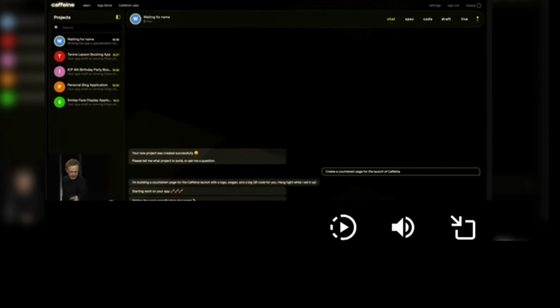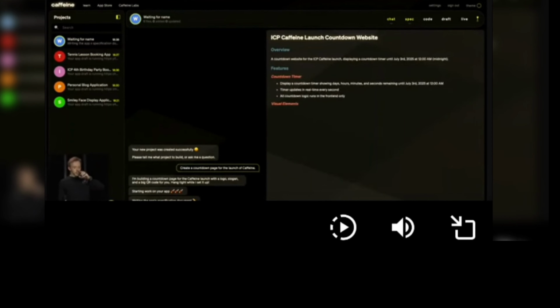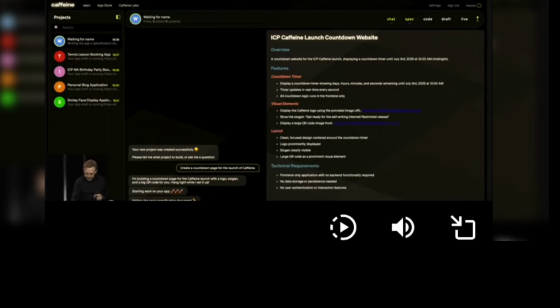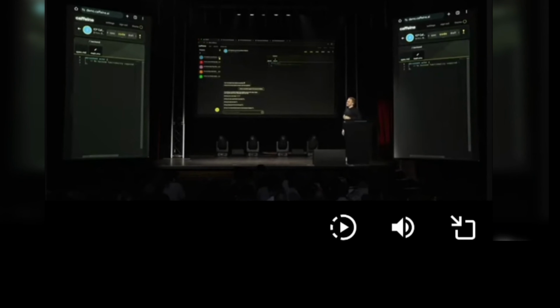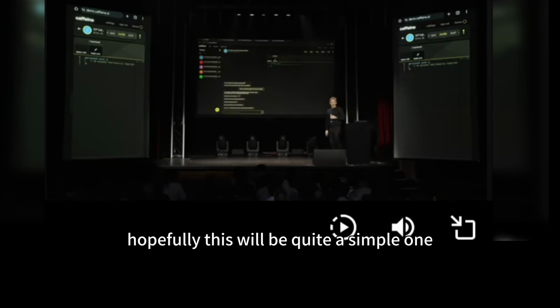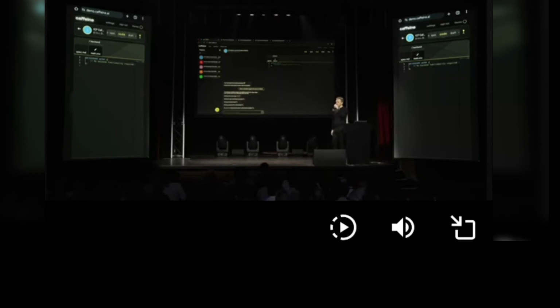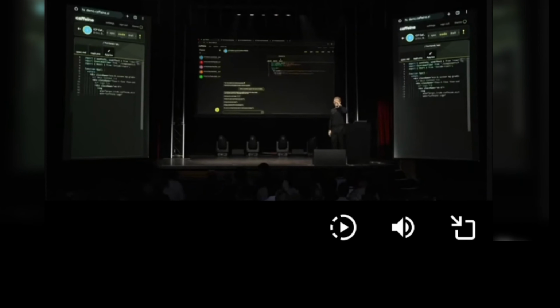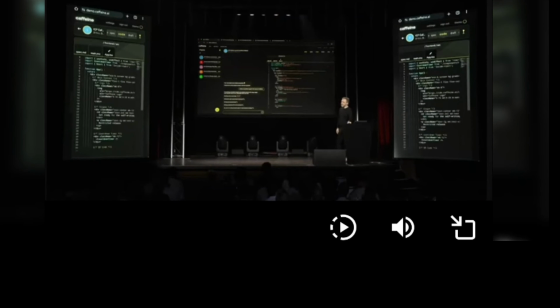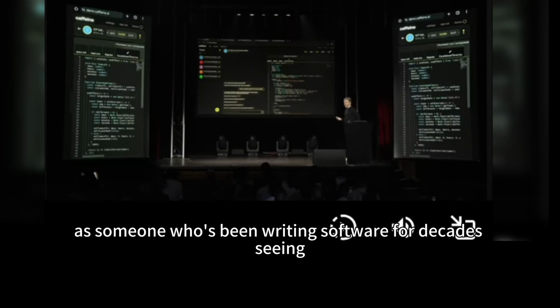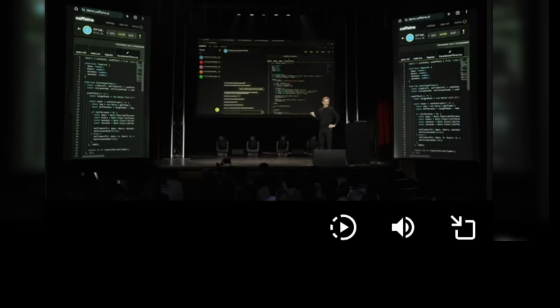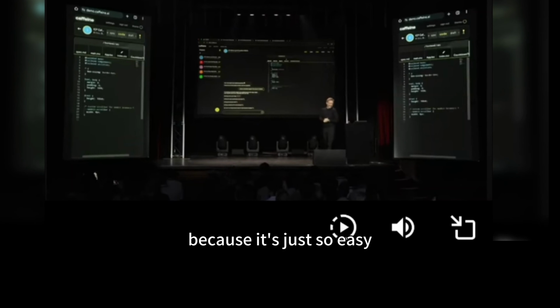Let's watch it go. Hopefully this will be quite a simple one, with no special cases. As someone who's been writing software for decades, seeing this is really pleasurable because it's just so easy.